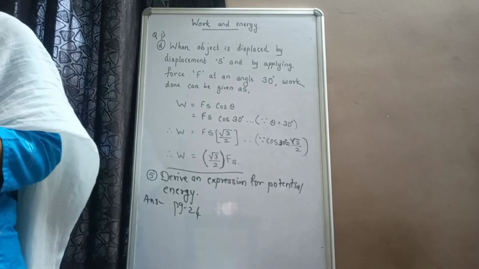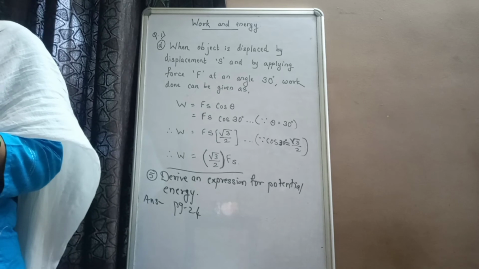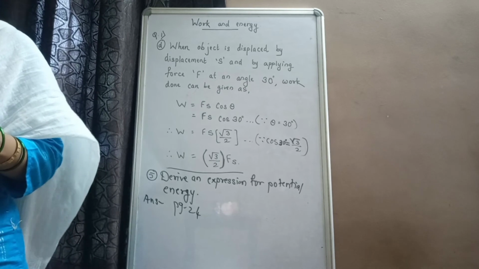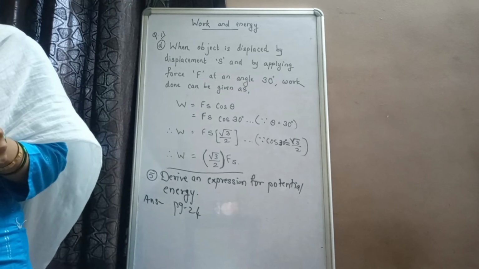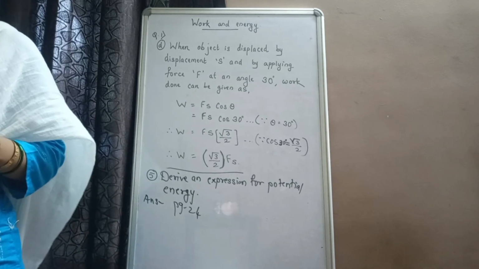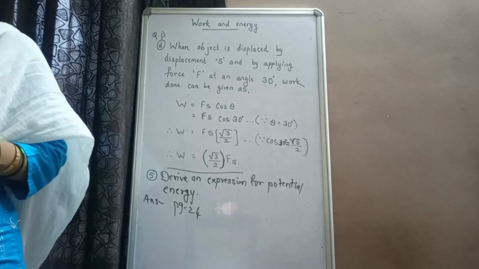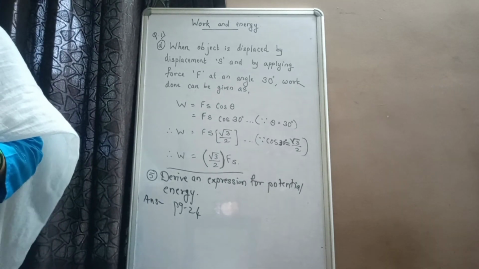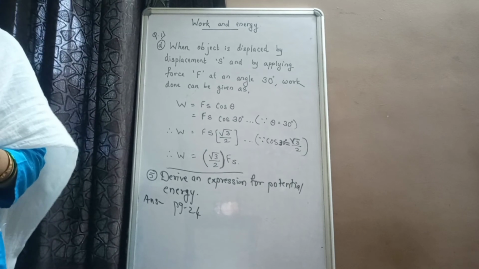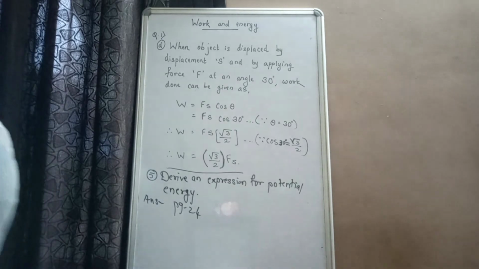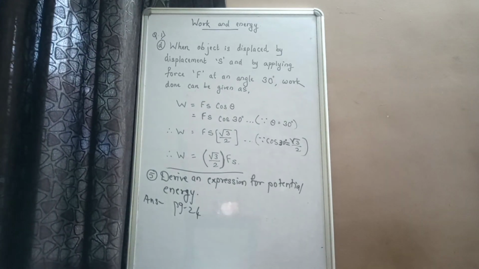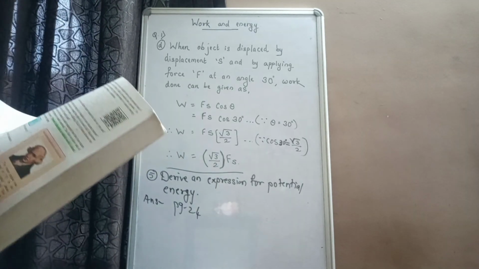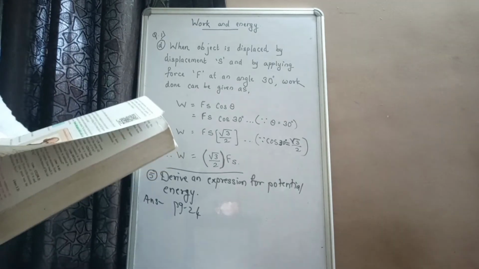Then after that there are 3 things which are given. Skip those, you will not write those 3 things. Below that you will continue with the expression for potential energy, that is to carry an object of mass m to a height h, W is equal to mgh. It will come till the amount of potential energy stored in the object because of its displacement, potential energy is equal to mgh. So this will be the answer for potential energy. This is important, you will write it down.